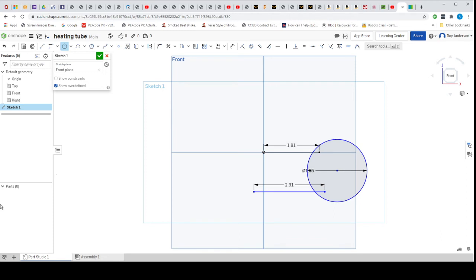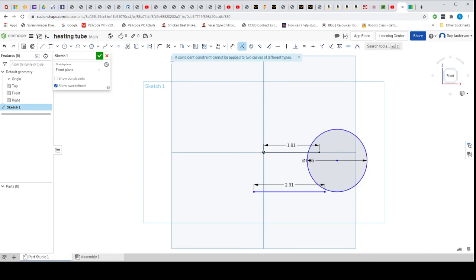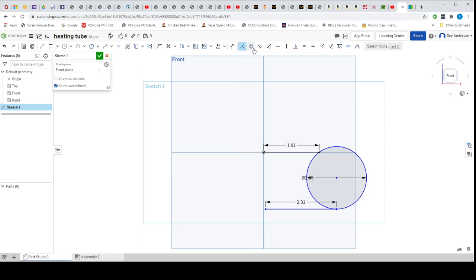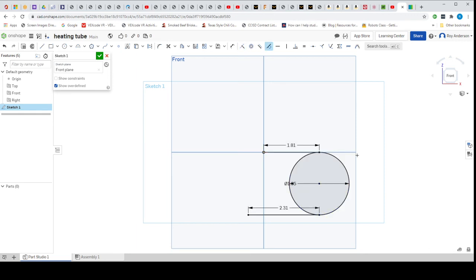Okay. Now you can use your constraints to line them all up. So let's try, first things first, a tangent of this with that. Okay, well, it didn't work. Let's try the coincidence right here with this. Two curves, this and this, or let's see, this and this. Okay, that worked. Let's do a coincidence again on this and that. Let's see if we can make a tangent. This and this. Okay, cool.